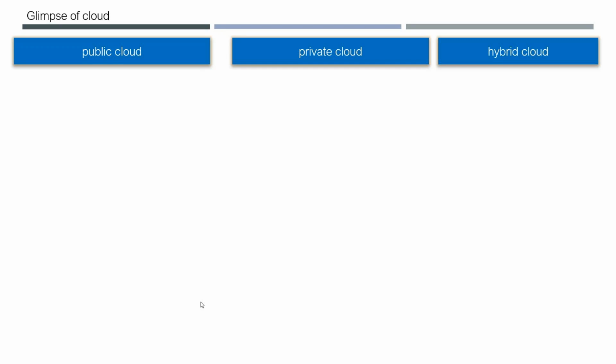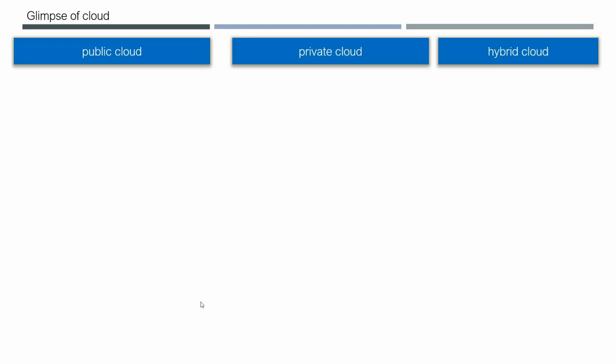But how do I do that? By installing VMware, or by setting up VMware in my data center. That's a big concept related to infrastructure, guys, but you just need to understand this one. Private cloud means it is in your data center, and mostly the software that infrastructure people use to create a private cloud is VMware. And hybrid cloud, what is that?